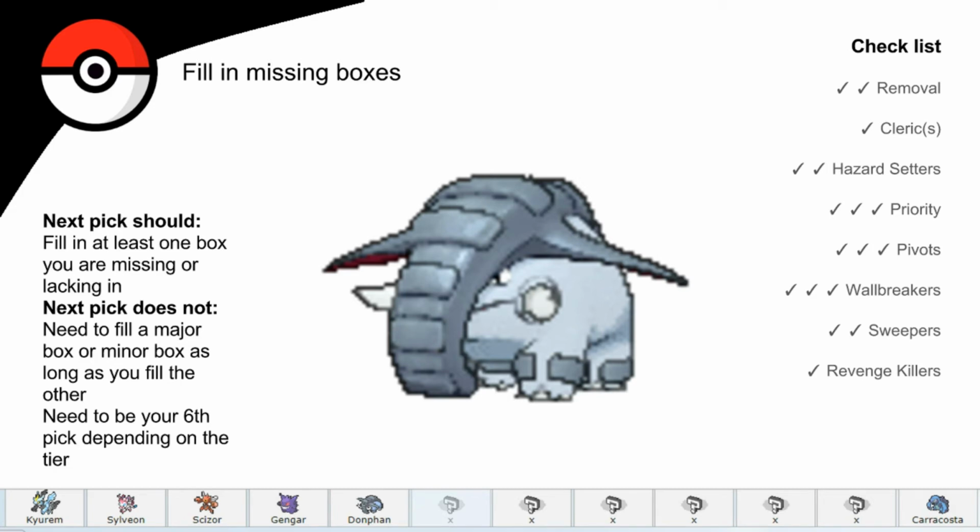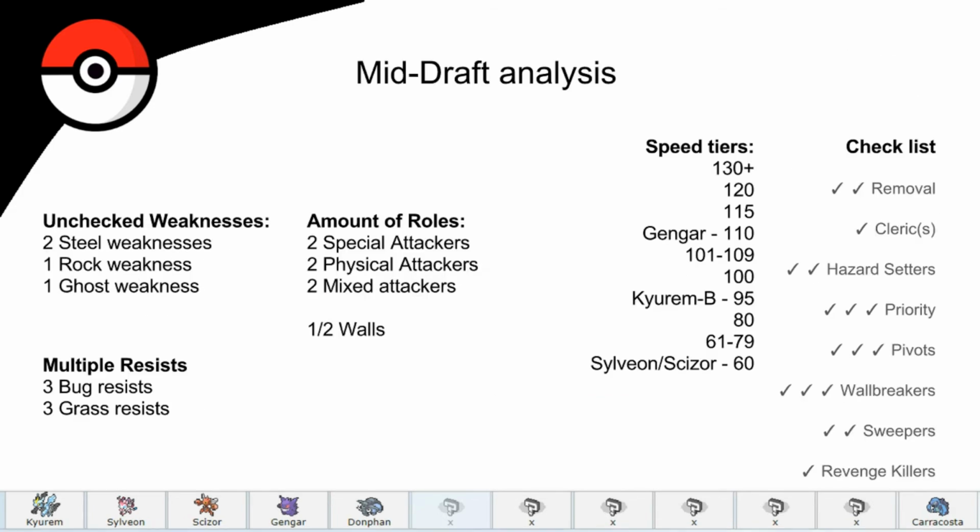But yeah, so mid-draft, you can do this literally whenever you want in the draft, but we're just going to do it halfway through. You want to look at what your team's weak to, what your team resists, because that way you can see, oh, I don't want to pick up another mon that is weak to this, and I can pick up a mon that is weak to this, because you might have multiple resists of it. And you want to look at your roles. You want to see if you have too many physical attackers and not enough special attackers. You want to